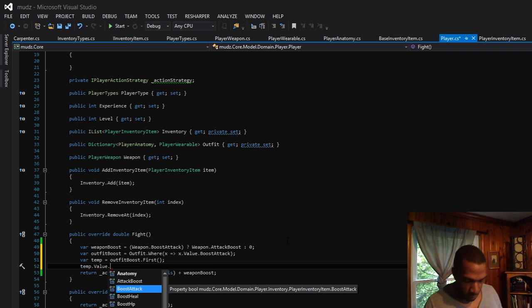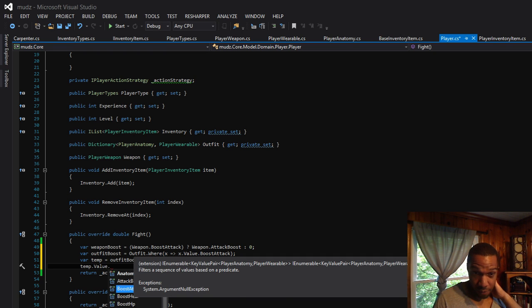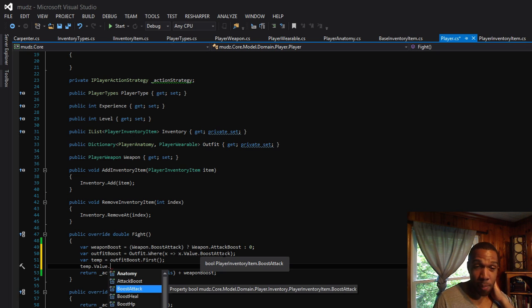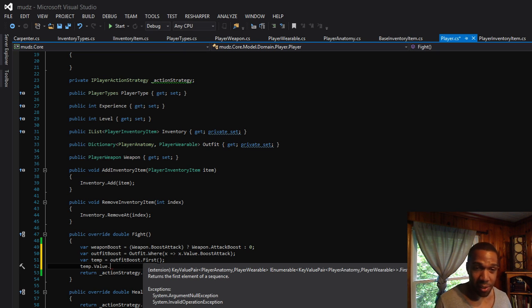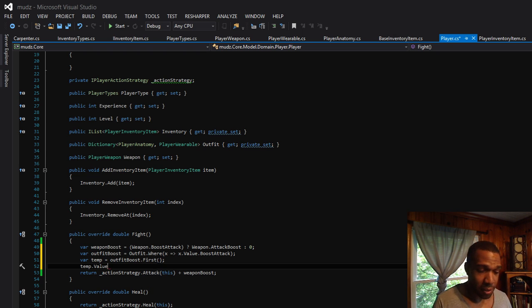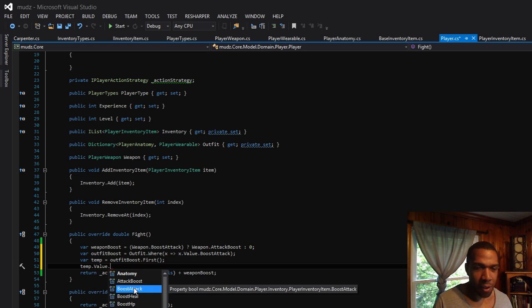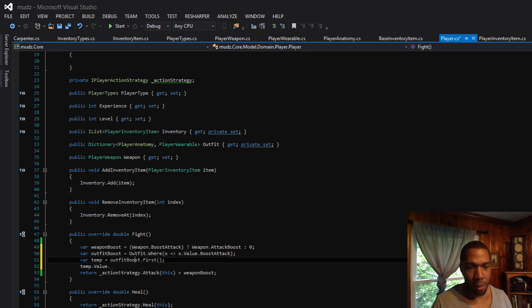I'm only breaking this down so that, if you're not very familiar with querying keys and dictionaries and stuff like that, we're saying refine or filter the dictionary to only the things that can boost the attack. So now I've got a new dictionary that only contains those things. If I then say, hey, give me the first value, I still have a dictionary entry, right? Even though it's just the first dictionary entry. So it's going to be a key and a value pair. And so I can call boost attack on just that one thing. But what I really want to do